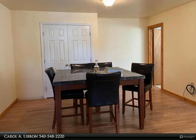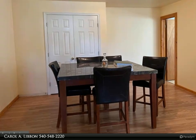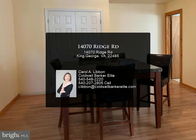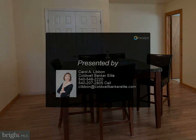When bad weather threatens the power to the home, it has been connected to a generator that conveys with the sale to ensure reliable electricity if power goes out. Overall, this home checks all the boxes for those seeking a well-maintained and inviting property that is